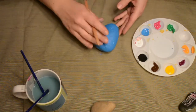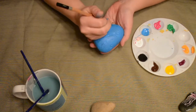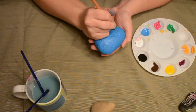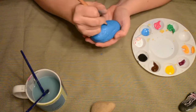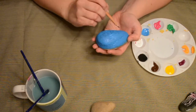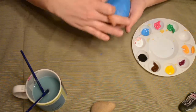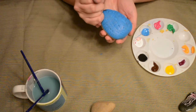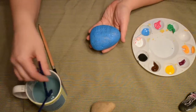All right, so after I paint my basic coat, I'm gonna go ahead and draw in my design and idea with pencil. I'm gonna do like a sea kelp thing, I think. Okay, so I've got my sea kelp and my fish and some bubbles, and I'm just gonna keep it really basic. I could add another little fish over here, make it swim in the opposite direction. It's still fairly basic. Okay, so I'm gonna go in with my green,